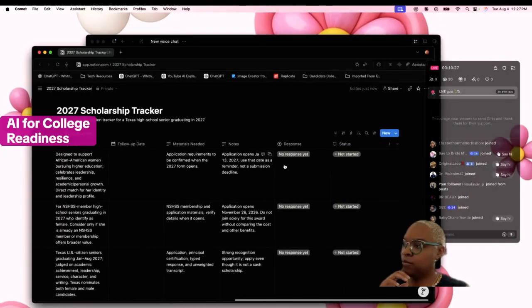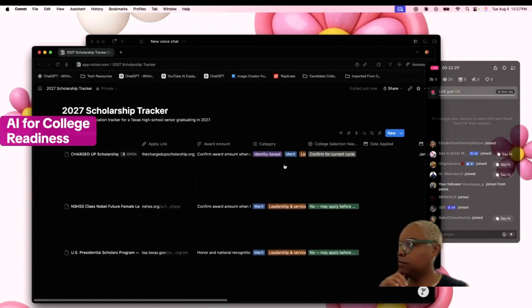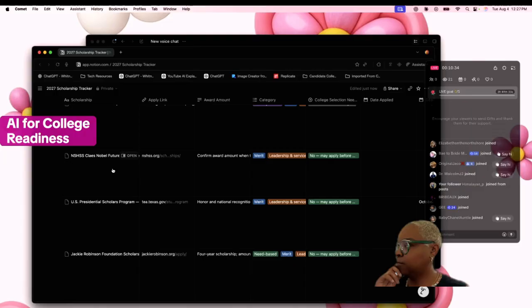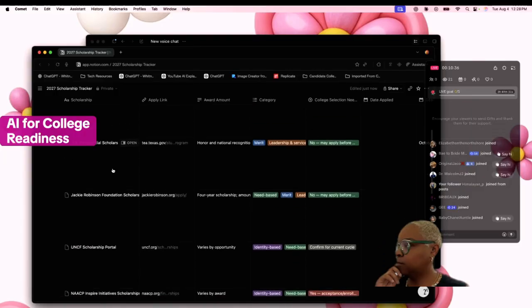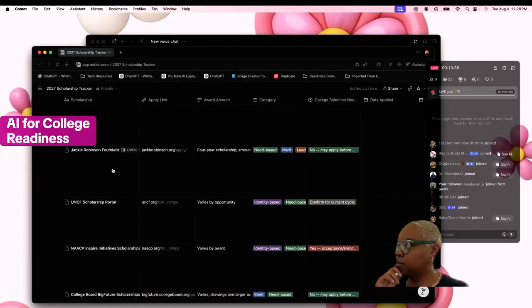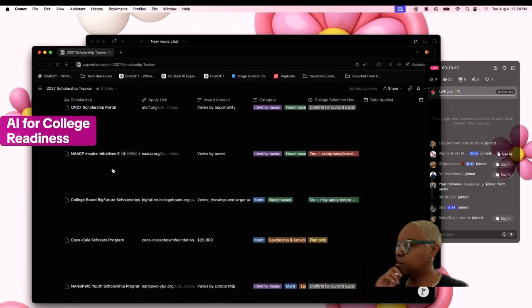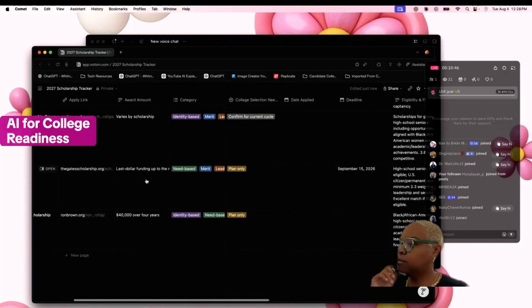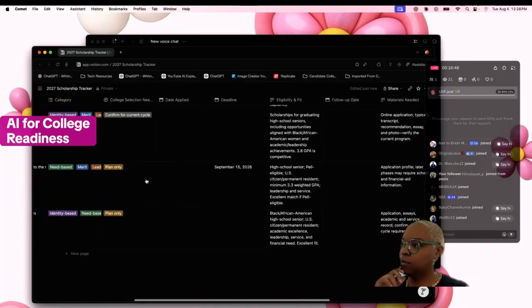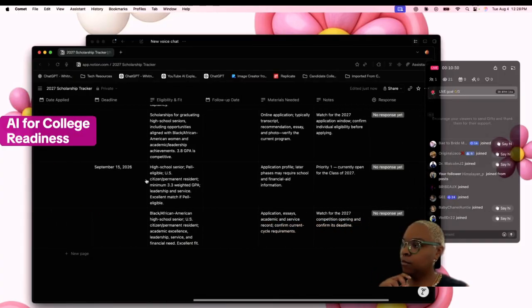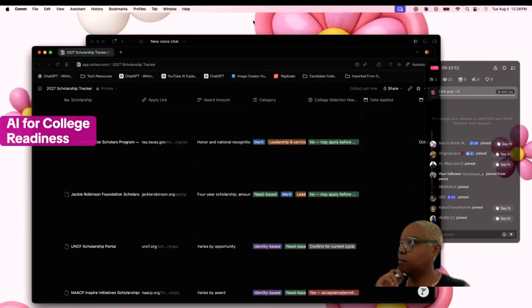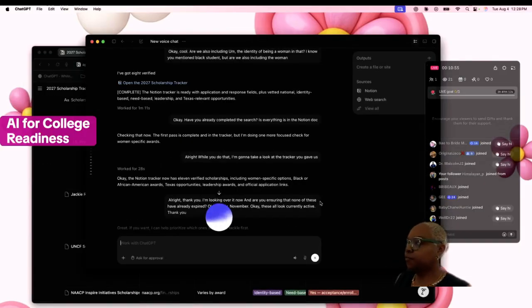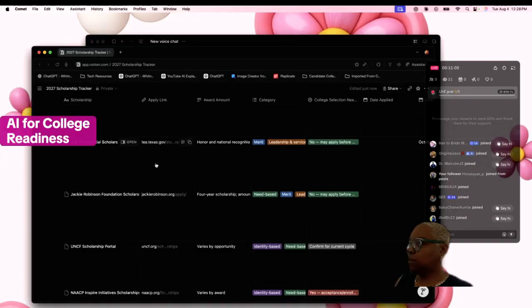Great. If you want, I can help prioritize which one she should tackle first. Sure. Lining that up with deadlines and effort. Start with the Gates Scholarship first, then Coca-Cola Scholars, then the Texas Presidential Scholars nomination. After that, focus on Ron Brown and Jackie Robinson. Keep the women specific awards marked for their fall and January opens. Okay.